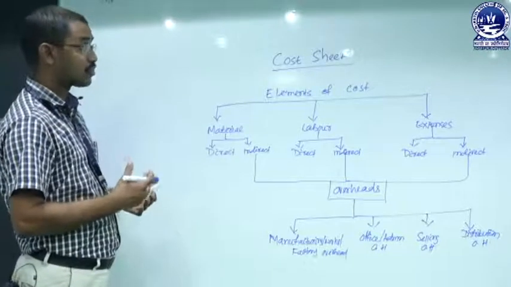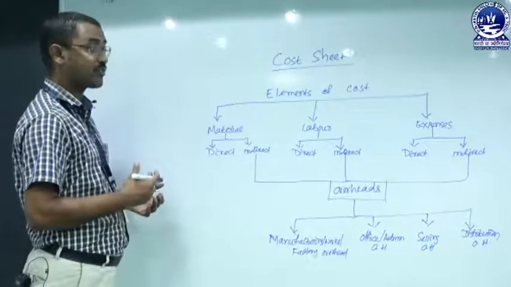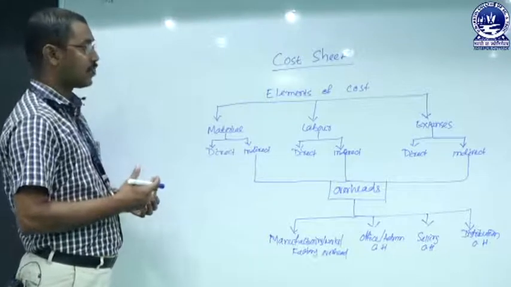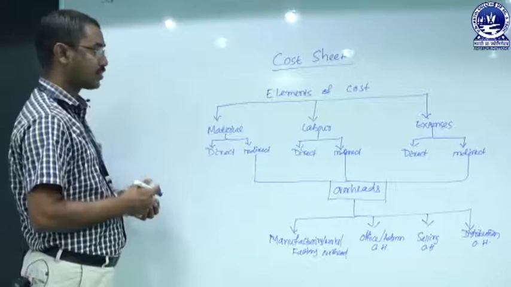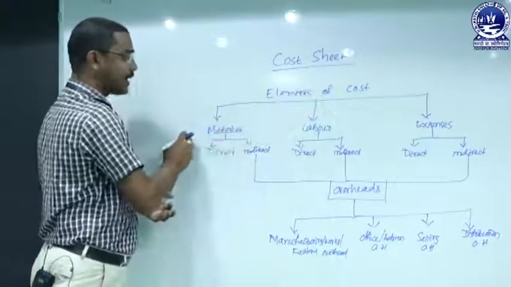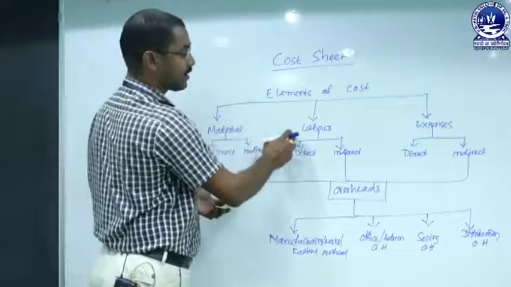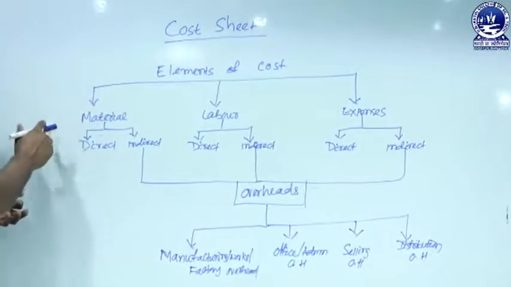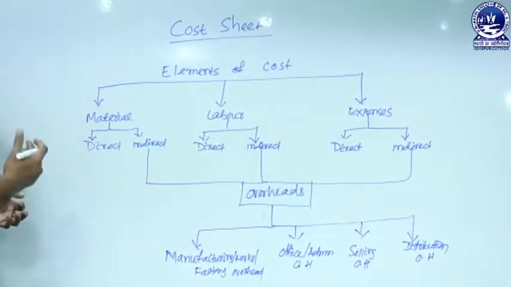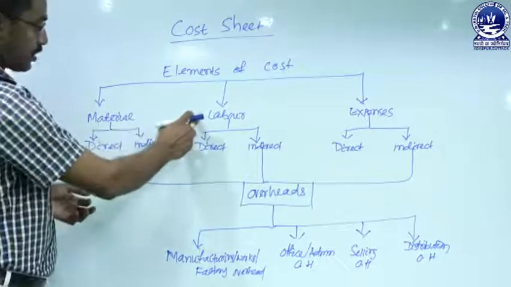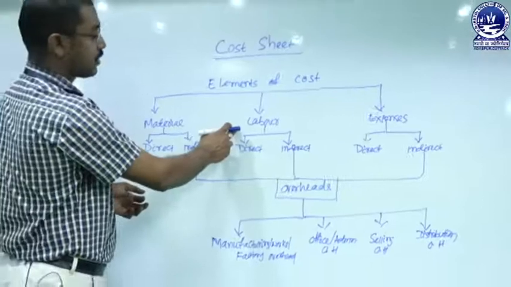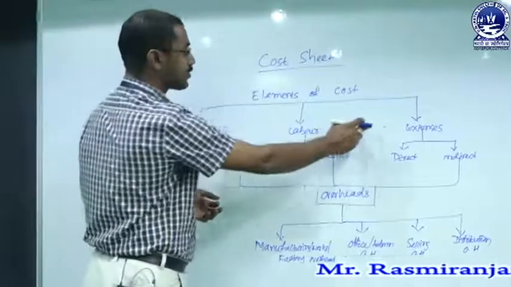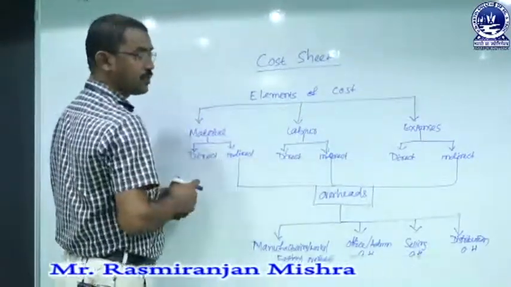That cost includes various elements. When a product is produced or a service is provided, various heads of expenses are incurred, and we classify them under the head of elements of cost. Generally, the elements of cost are divided into three parts: material, labor and expenses. Material means the physical commodity used for producing a product. Labor means the employees who work for producing a product and in return receive wages or salary. And expenses means the amount paid for producing the product.